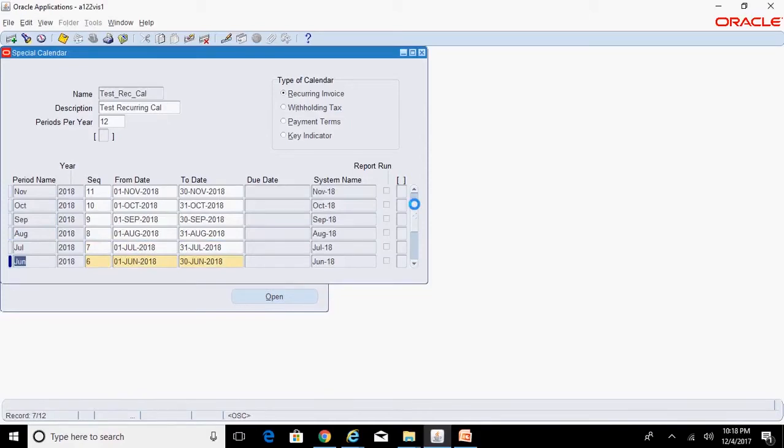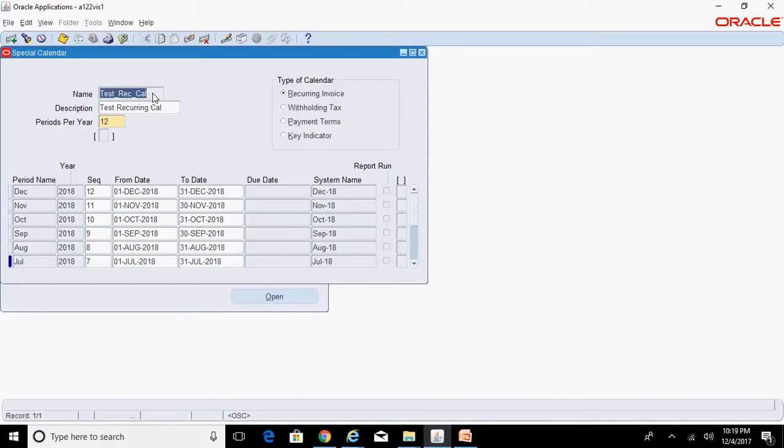So I had created a special calendar with 12 months, and in my recurring invoice template I'll be using this special calendar. Here you can see there are 12 periods.